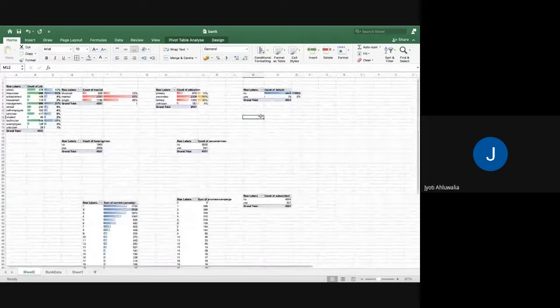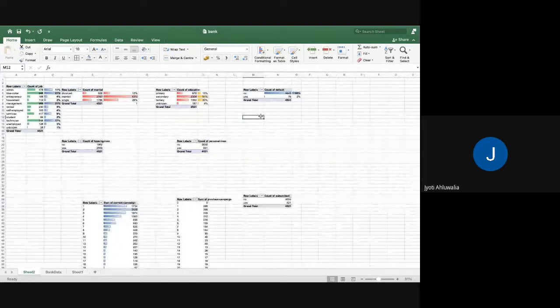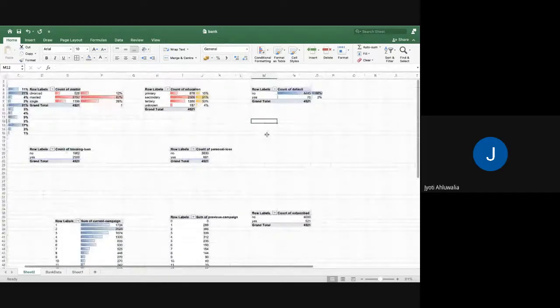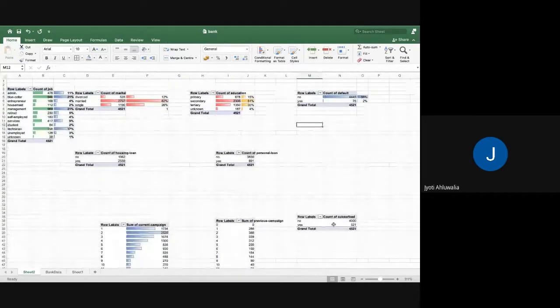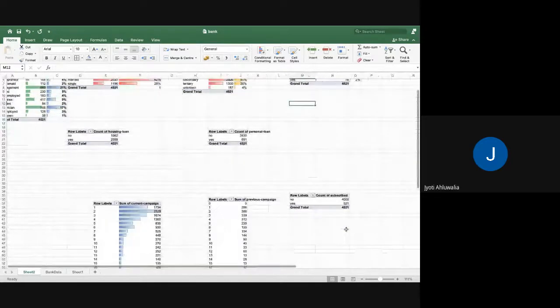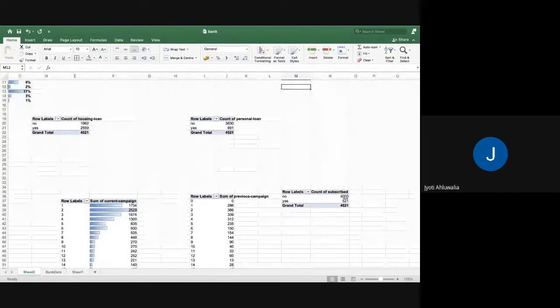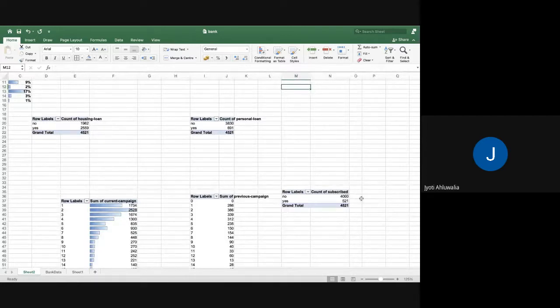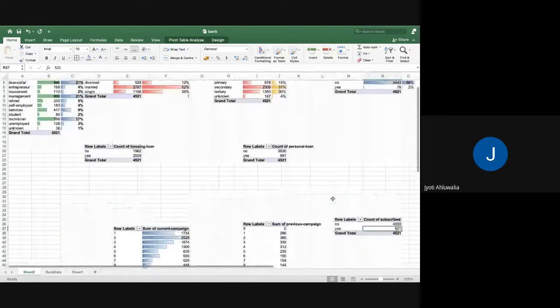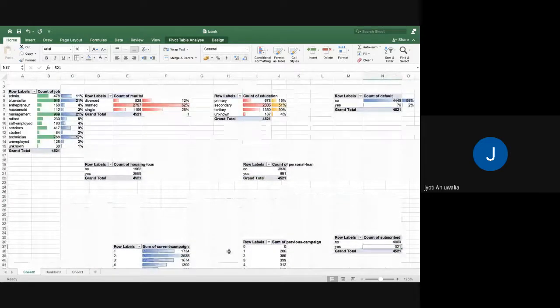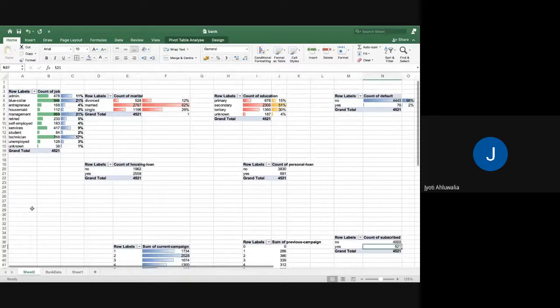Now I can also do bivariate analysis, in which I'm asking questions regarding two variables. For example, I want to find out how many of my subscribed are married, how many are unmarried, what is the distribution of the people who have subscribed, what is the distribution of the people who have not subscribed. Who are these 521 people who have subscribed? Are they married? Are they educated? What is the age of these people, so that I can make my marketing decisions accordingly, right? So this is the analysis we've done in the first 20 minutes of looking at the data.